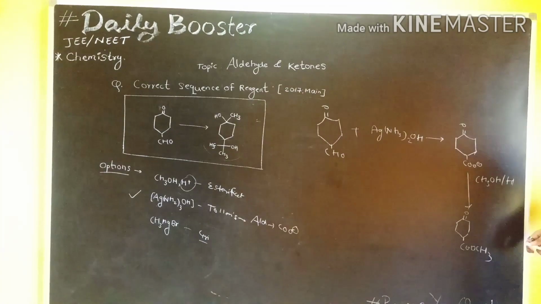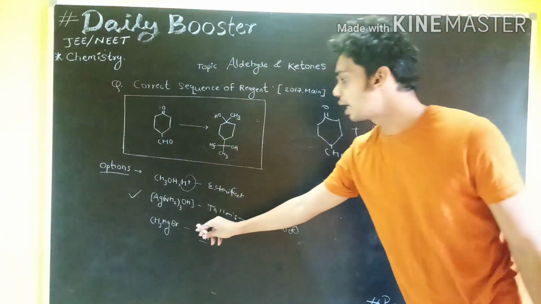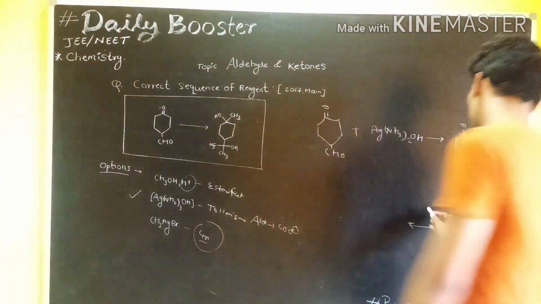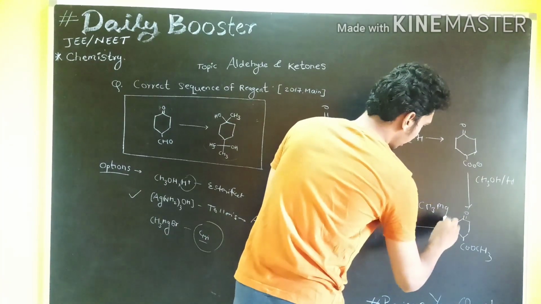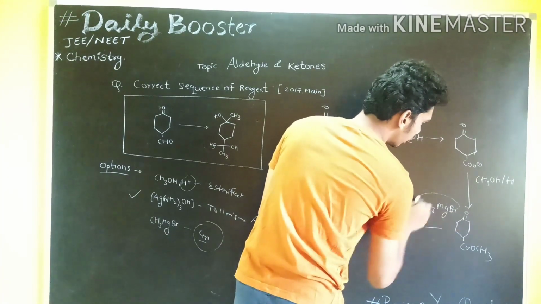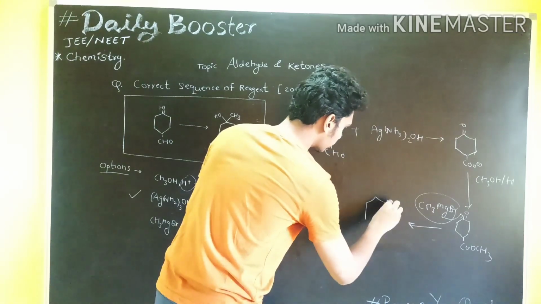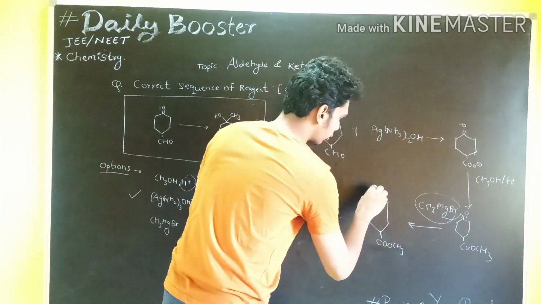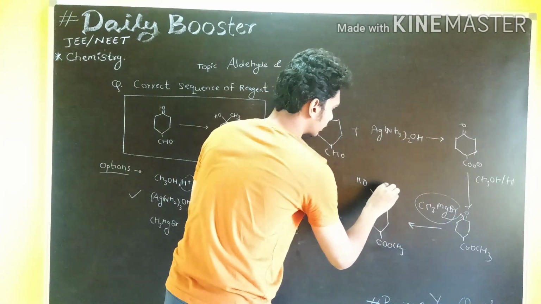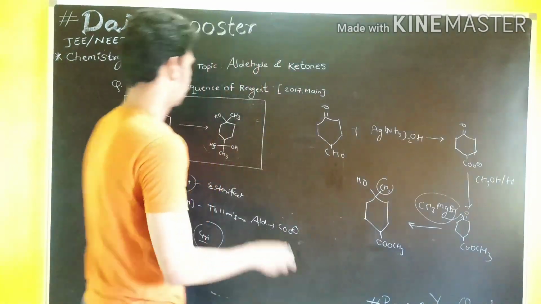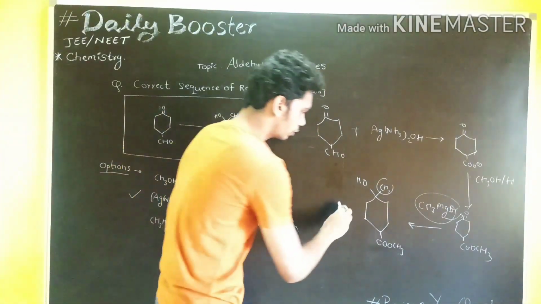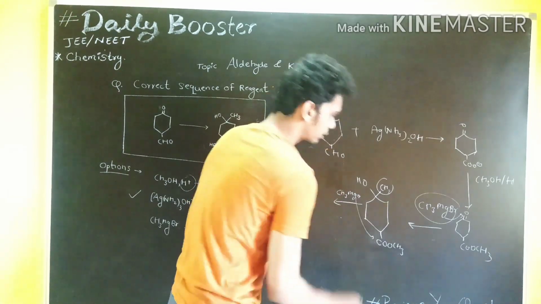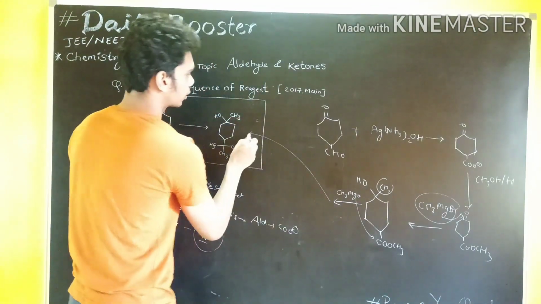Now once we are done with the ester, we can use a Grignard reagent. But there is one question. If you add the Grignard reagent, that is CH3MgBr, what is going to happen? It is going to attack here, so it will be like this. COOCH3 I am writing as it is as of now. OH and CH3 will be added over here. But now we want changing of this group also. So we are using one more CH3MgBr, which acts on this ester group and will lead to formation of this group.